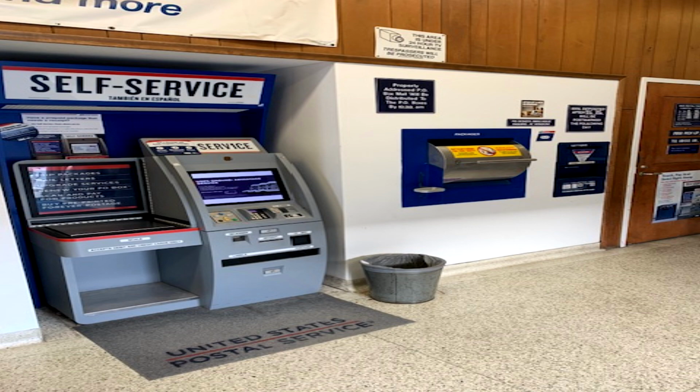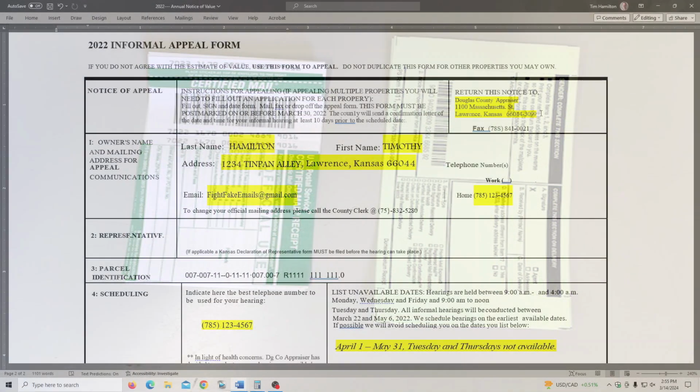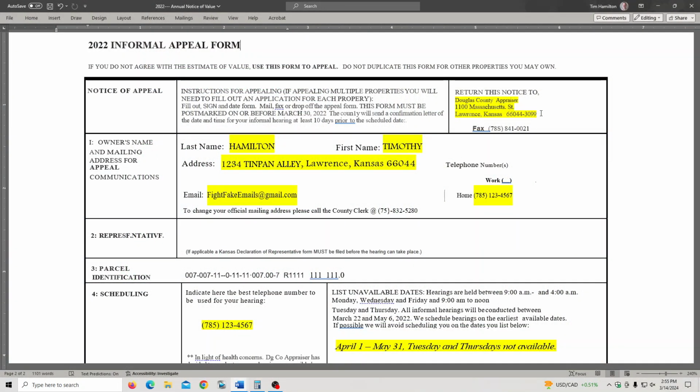I recommend you send it certified mail simply because I don't trust that they will be honest with me in telling me that they got my notice. I know it's not nice to say that. I wish I didn't have to say that. So just to protect myself, I make a certified letter. So there you go. That's what you need to do to start the ball on appealing your property taxes.